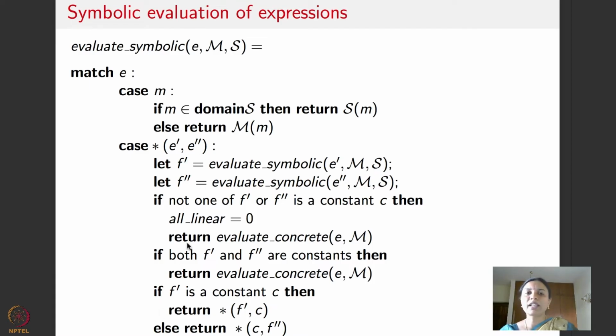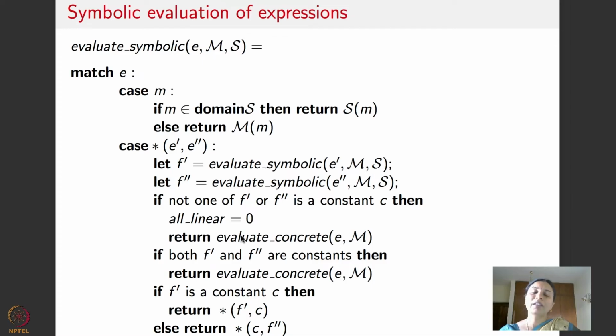So symbolic evaluation is fairly straightforward. It will keep substituting whatever expressions that it got, normal variables with symbolic variables. That's what this recursive call does. But there's one more thing that this pseudocode establishes.